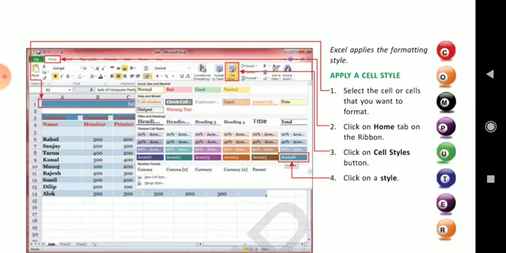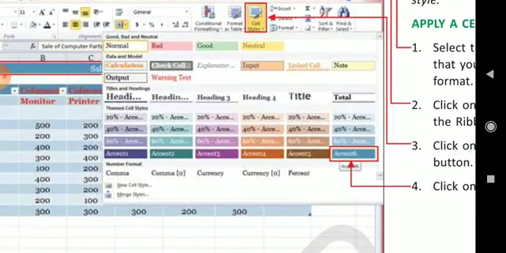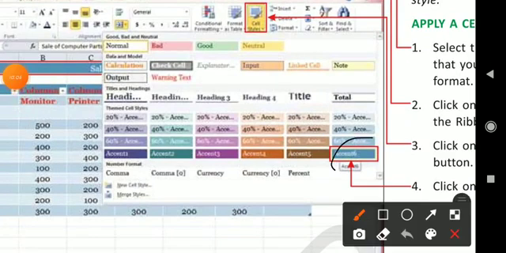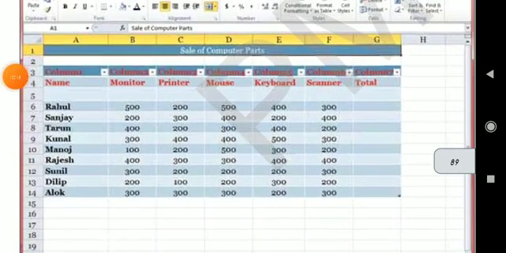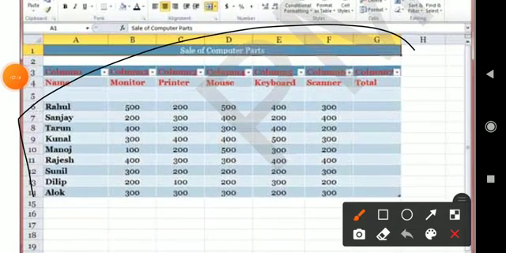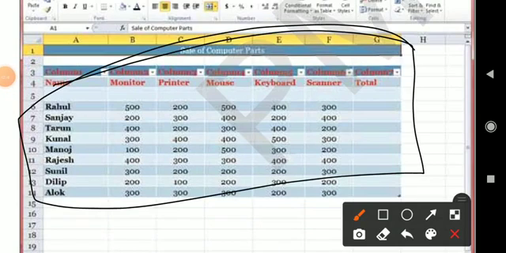Here this one has been selected. You will see the effect of this in the next slide. See, here the changes have been made. The color also, and the format as table style. Clear?